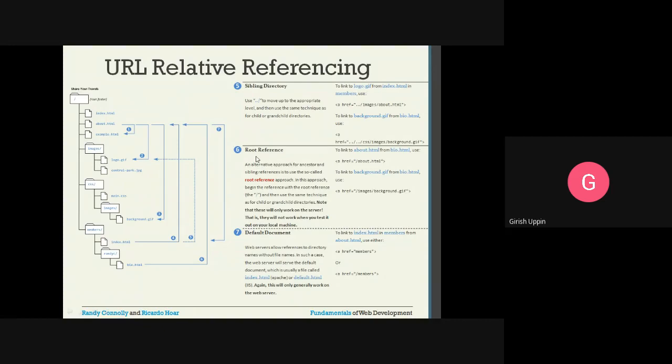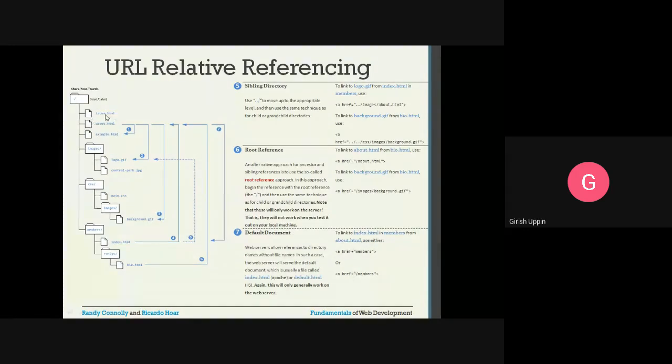And one easy method, if you are getting confused with all these things about when to use / and when to use .. the simplest method is always start with the root. So you start with the /, that is the root. Suppose you want to access this particular file from anywhere, you will say / css / images / background.gif. So if you are getting confused, always start from the forward slash.